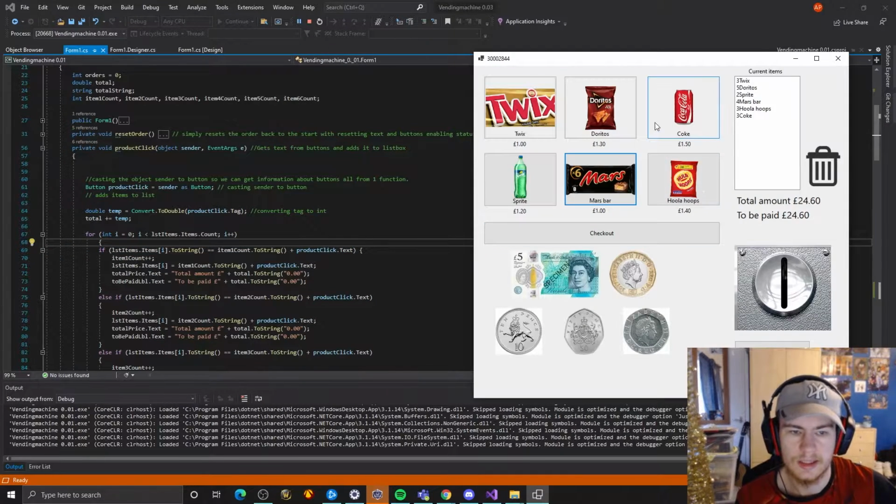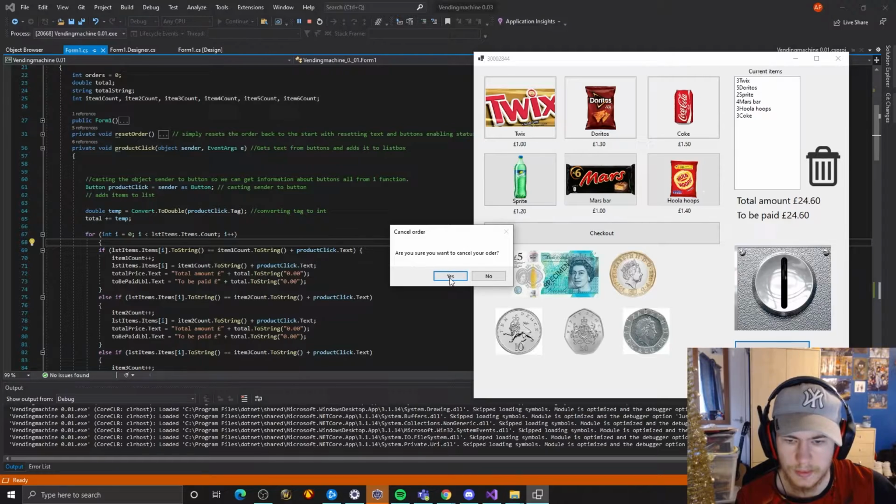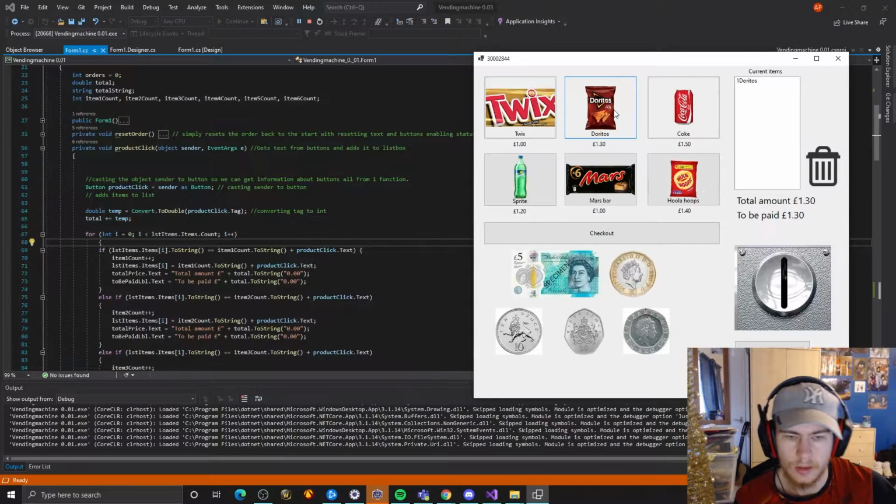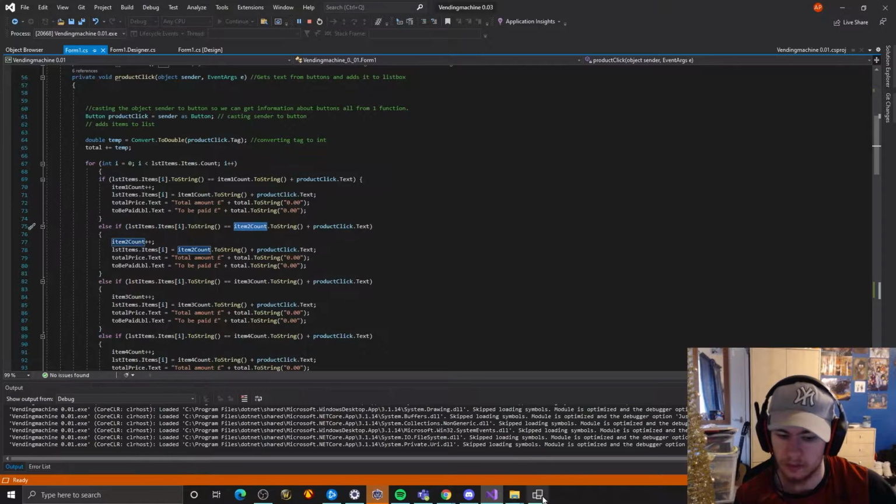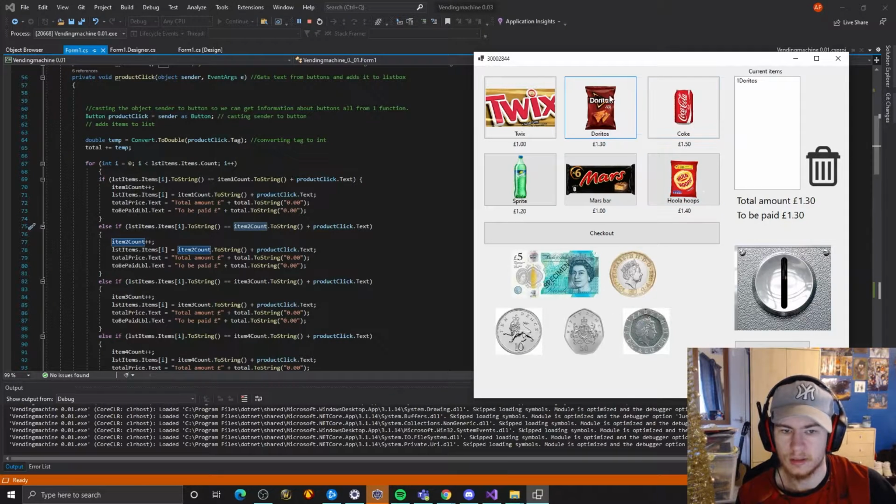So basically, let's just get rid of this. This will be easy to show. So obviously this will be sender. The Dorito is the sender here, and obviously the count of Dorito right now is item 2. So item2.count, and I'm going to click this, and it's going to be like, okay,